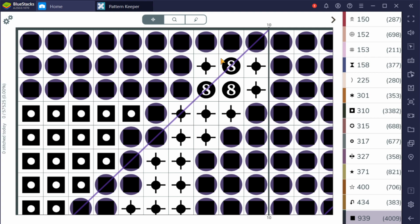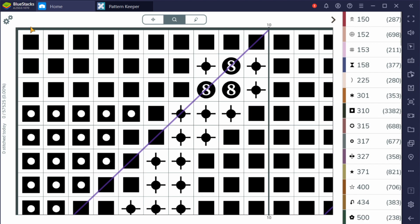There's a lot of 939, which is this blocky color. So that is the color I'm going to start with when we do our physical demonstration. So what I would do is I would pick this color and I would start here with this stitch. This is where I would anchor my thread. I'd go across, do all those stitches, come over here, do all these stitches, down here, do all these stitches,